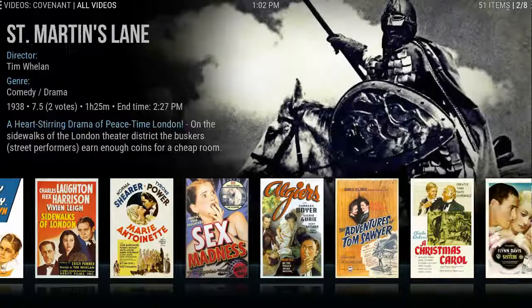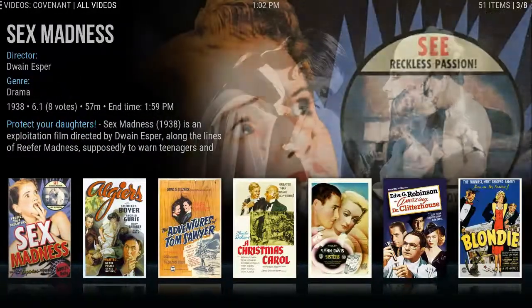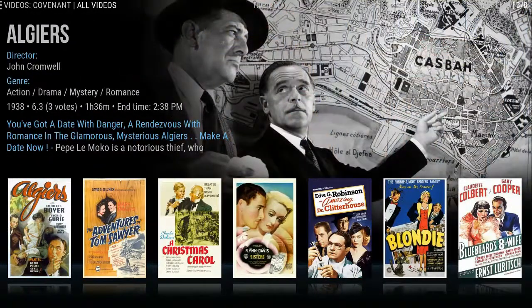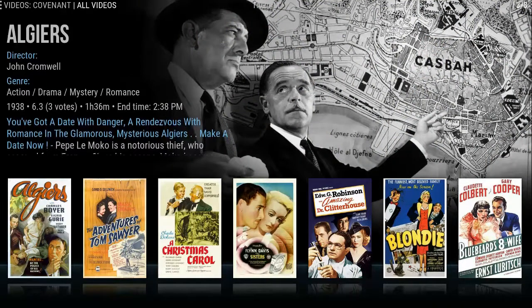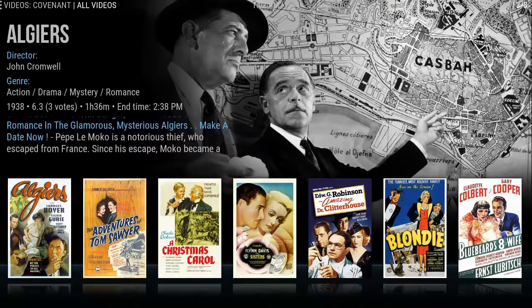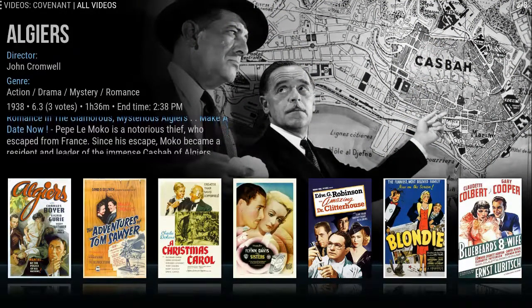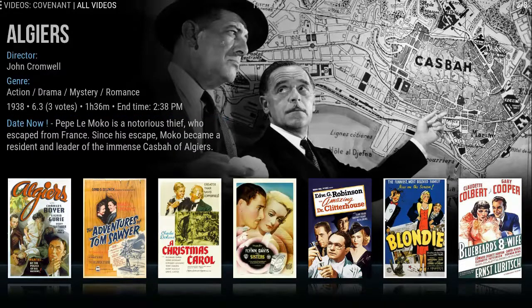And you can go through and you can actually just kind of see the movies from 1938 that you may want to watch. Most of the young kids weren't even born, so they wouldn't even understand this section. So that's a great section to have. And any one of these movies you click on should pull up. Now,